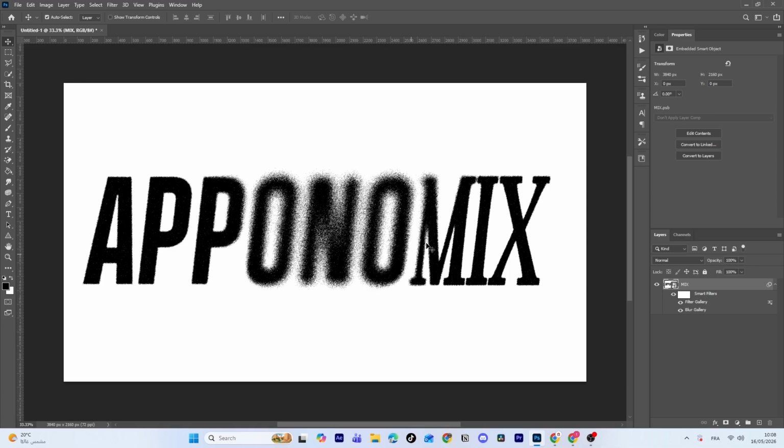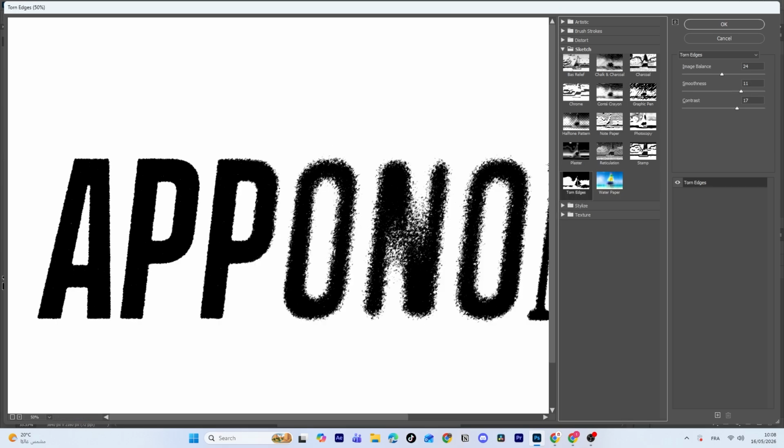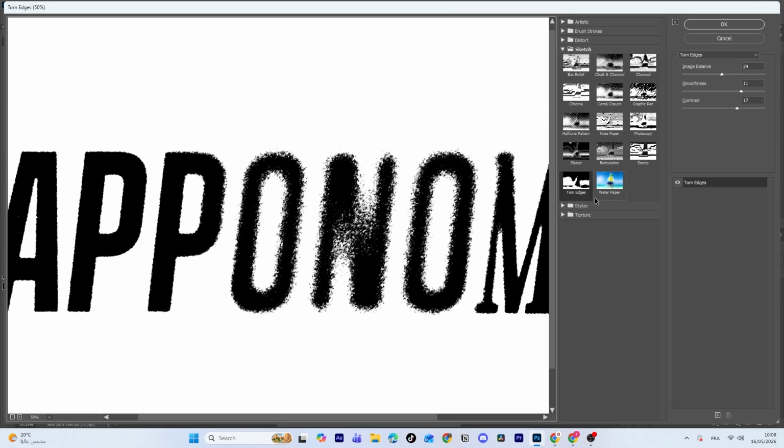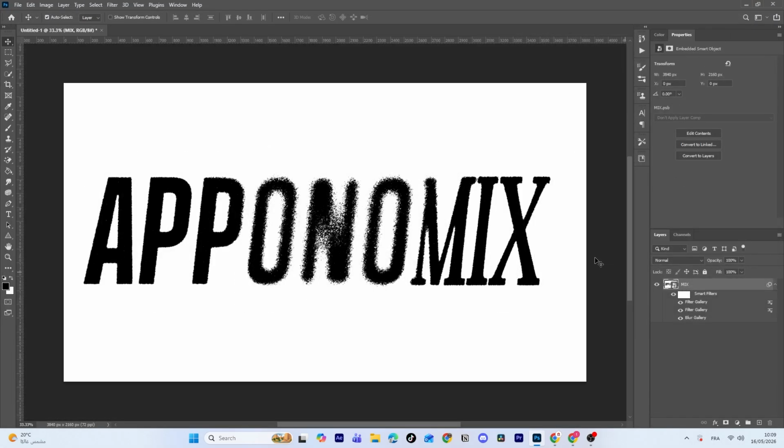Click OK to confirm. Now, go back to Filter and choose Filter Gallery again, but this time select the Torn Edges effect. From here, you can adjust the effect's settings. Once you're done, click OK. As you can see, the text is starting to take the shape we want, but it's still missing one thing: